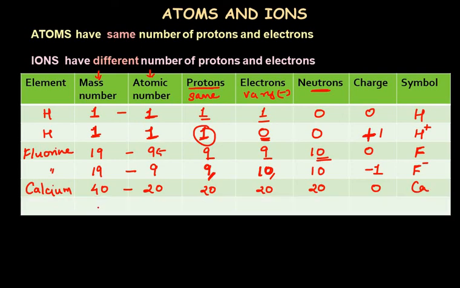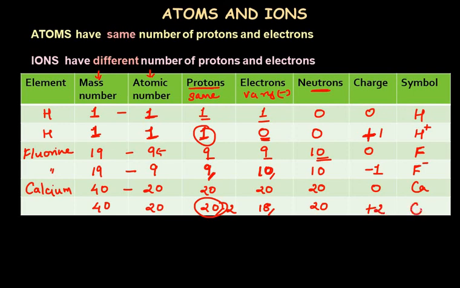Now again with calcium, the mass number and atomic number remain the same, so the proton number and neutron number also remain the same. But suppose the number of electrons is 18. So now what's the charge? As the numbers of protons and electrons are not the same, it is going to be a charged atom, an ion. Now how can we make out the charge? See the difference between protons and electrons. What's more? Protons are more, so it is going to have a positive charge. How much positive? 2 protons are more than electrons, so +2 charge.